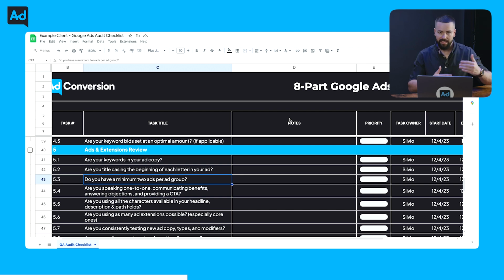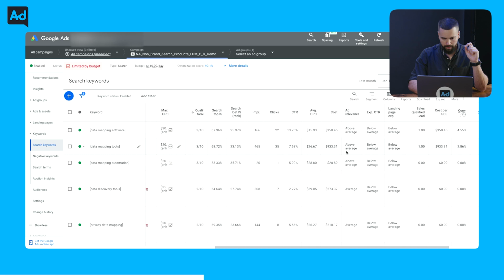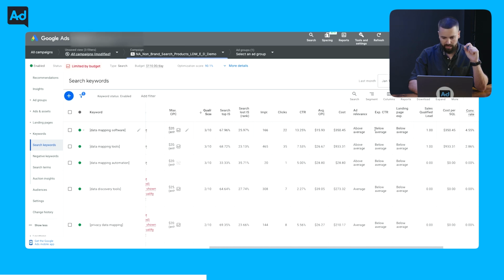Ideally, you're consistently testing. We want to be testing ads consistently, because if you're not testing ads consistently and you're not mindful of your click-through rate, your expected click-through rate is one of your components of quality score. So you can see here, expected click-through rate. In the case of this account, below average expected click-through rate is very prominent. And in my experience managing and auditing Google Ad accounts, this is the number one thing that hurts more quality scores than anything. And this is the one that's least in your control because it's Google's perception of how often your